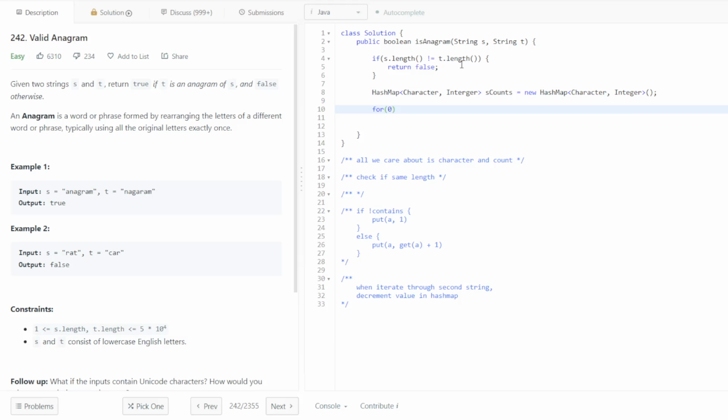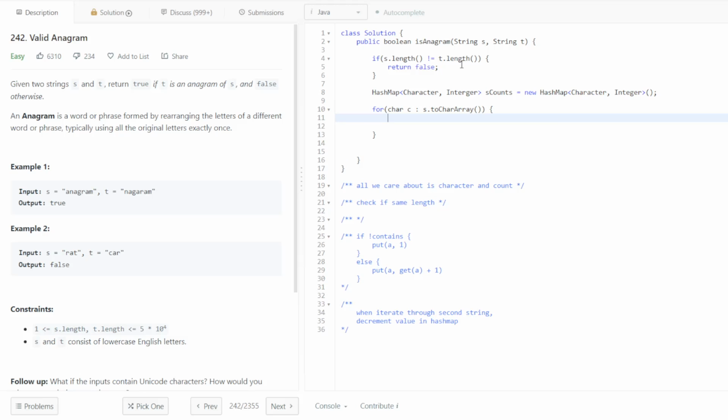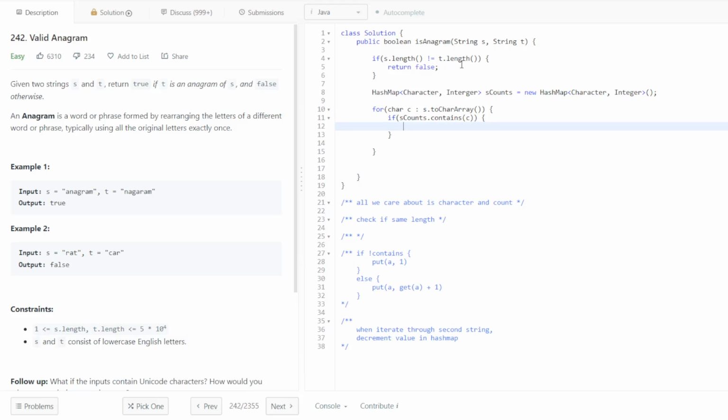And we'll say for character C in s.toCharArray, where toCharArray is a built-in string method in Java, what are we going to do? We are going to check if it contains. If scounts.contains C, then